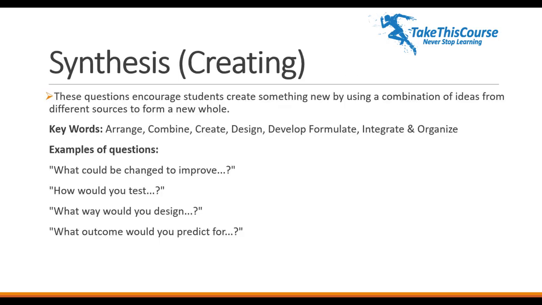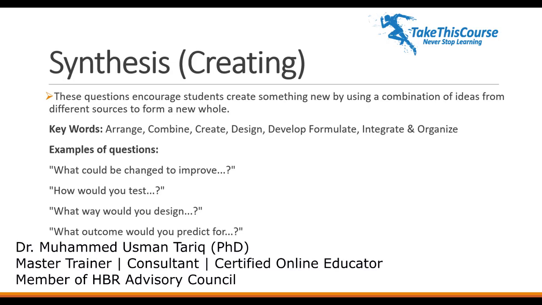So now we have the last level, which is synthesis, creating, the highest level. Now you have evaluated something, so it's about the creation of something. At this level we expect students to come out with their own ideas from different sources. So normally we say that on this level students are going to review different sources, and on the base of their different sources they are going to come out with some new idea. So they can present their own model, they can produce some results, they can induce something from that information itself,